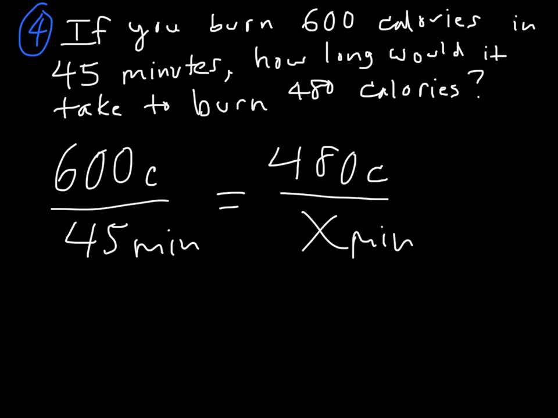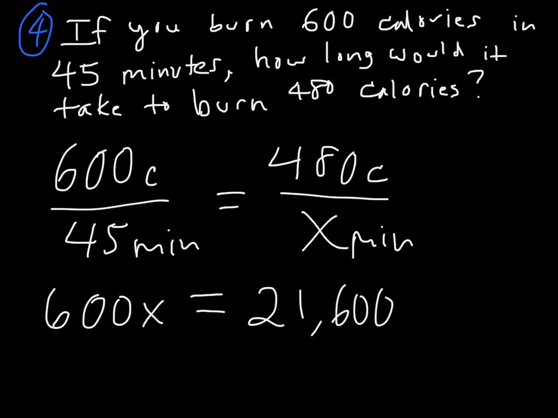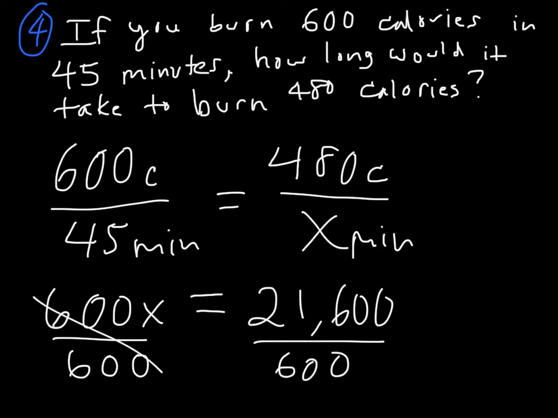Okay, so if I cross multiply here, I'll have 600x equals 480 times 45, which is 21,600. Okay, so to solve for x, divide by 600 on both sides. So our 600 will go away, and we're left with 36